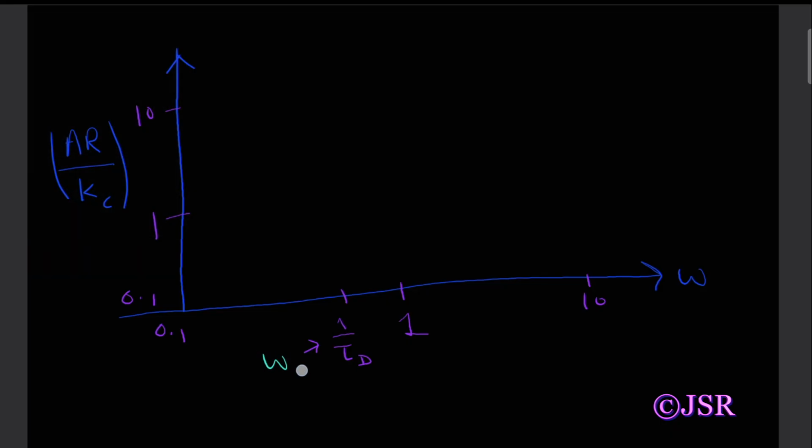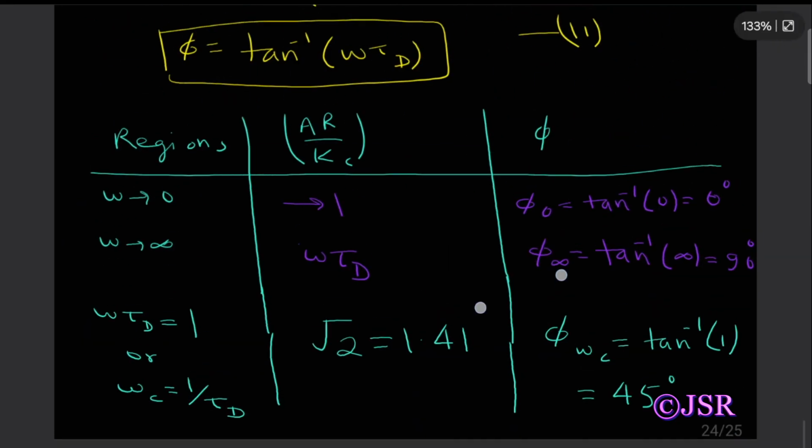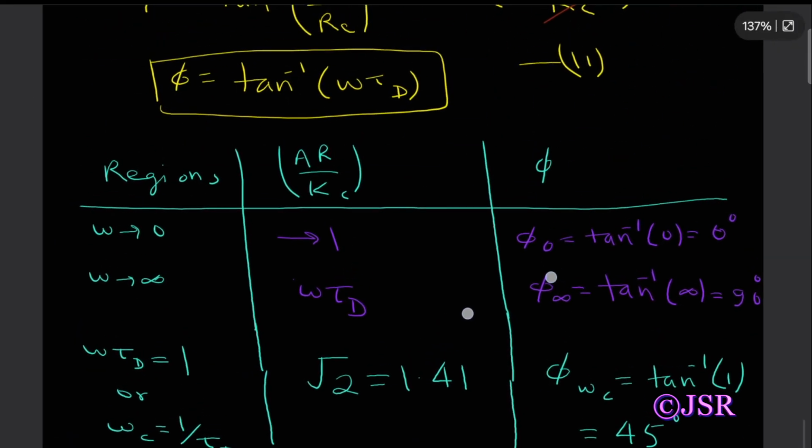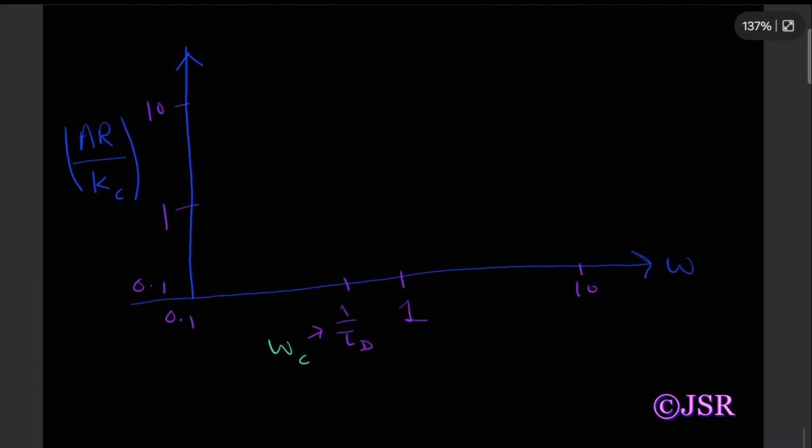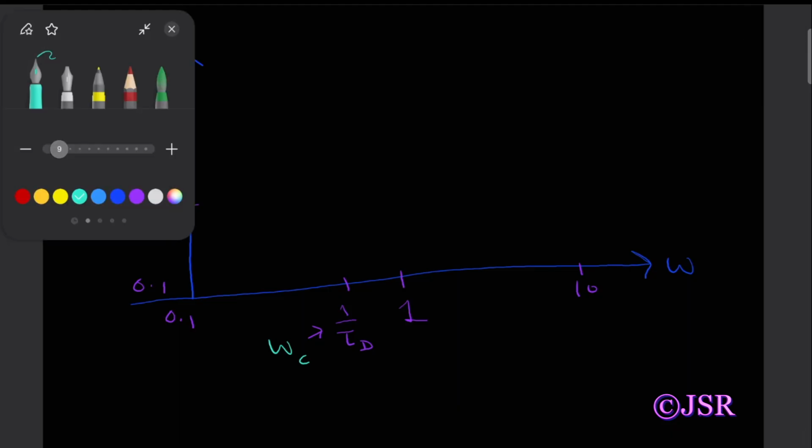So the corner frequency is 1 upon tau d. So first we have to locate the 1 upon tau d on the omega axis. So when omega tau d is equal to 1, the amplitude ratio is under root 2, 1.41,